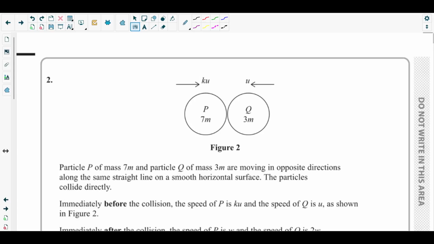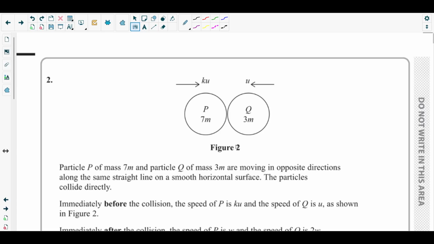Okay, so let's have a look at the next question of the October 2025 M1 paper. This question is from momentum and collision. In question 2 you can see Figure 2, where two particles P and Q are in